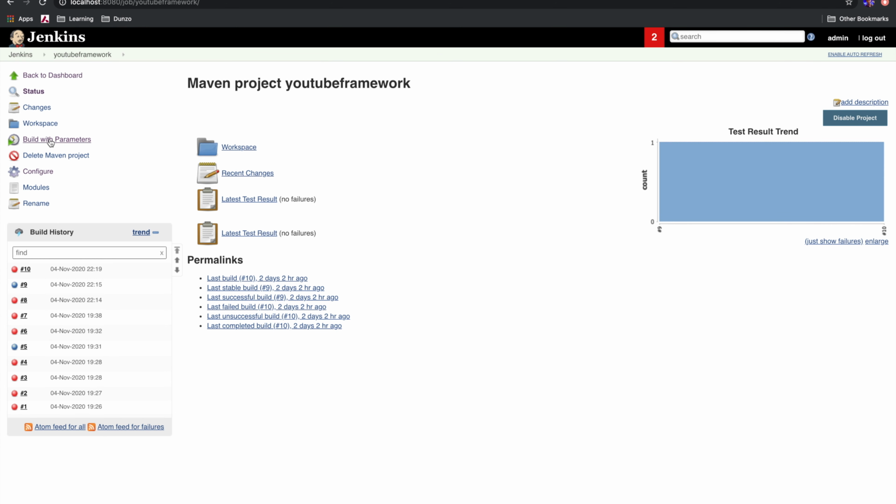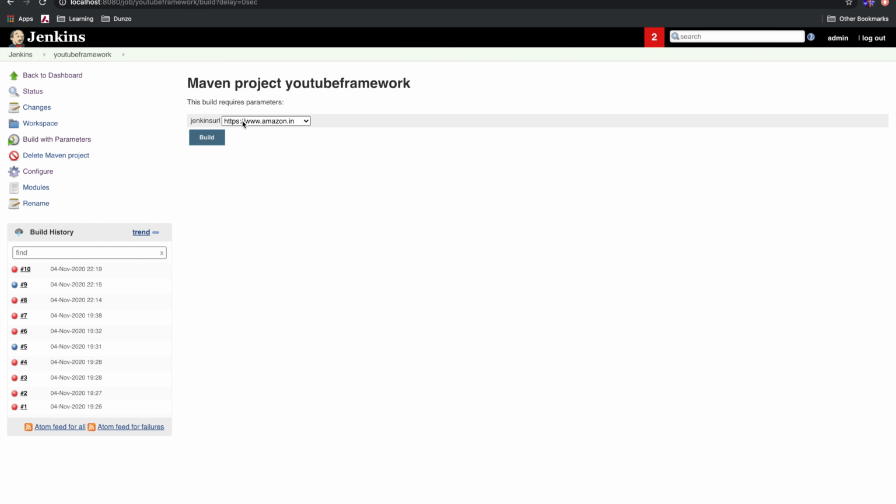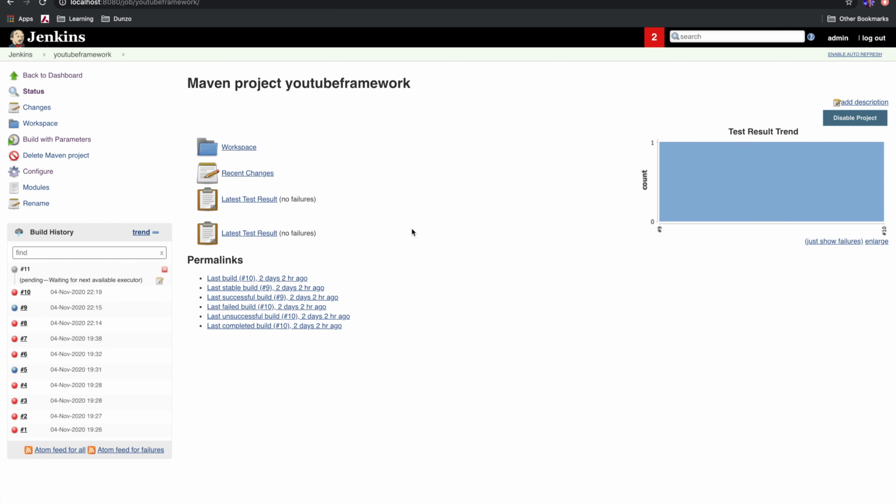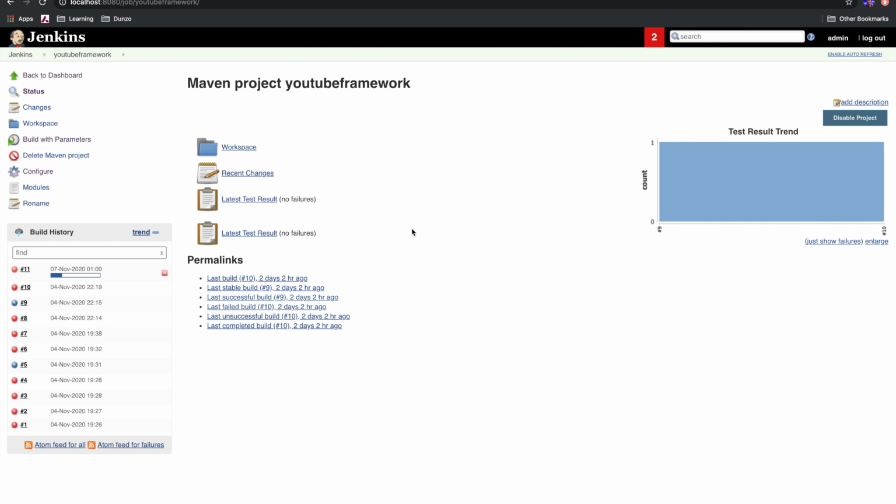Now you can see you have the option Build with Parameters instead of Build Now. So when you click on it, you will get a drop down which will have both the values which you mentioned there. So if you want to run on amazon.in, you can just select it and then click on build, and it will be executing the script on the amazon.in website.